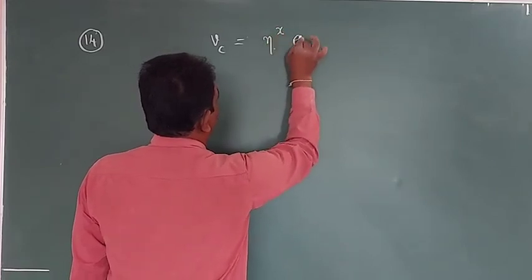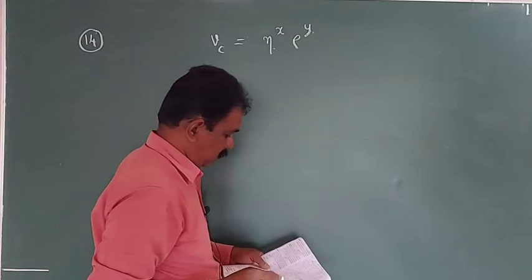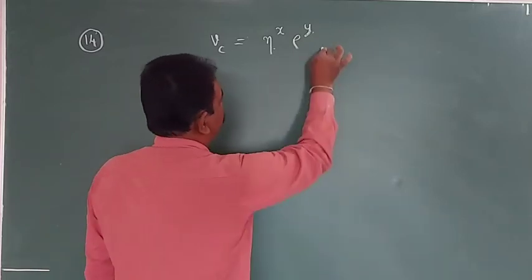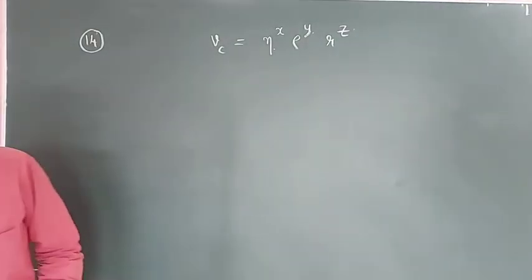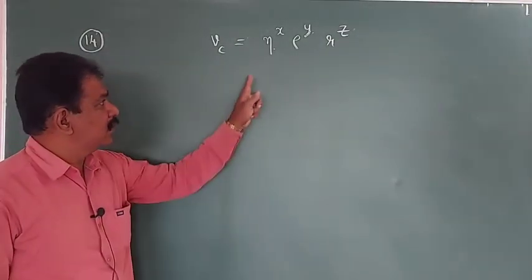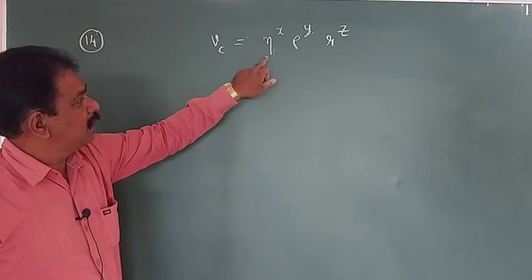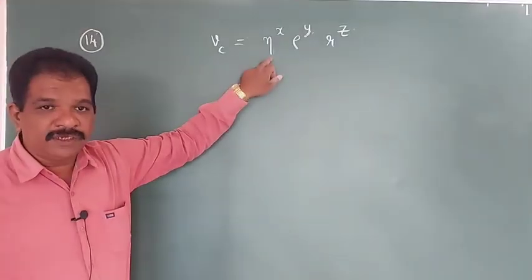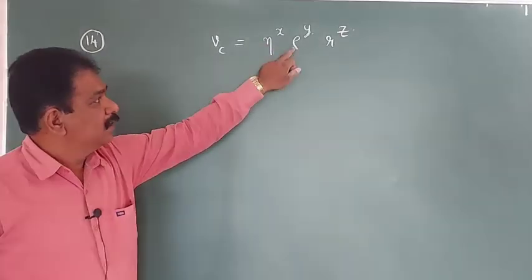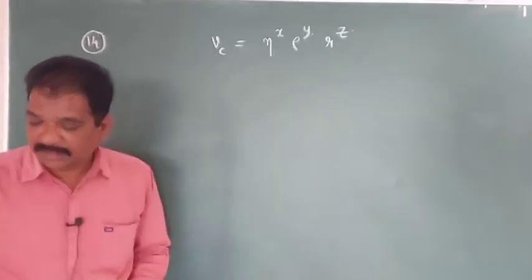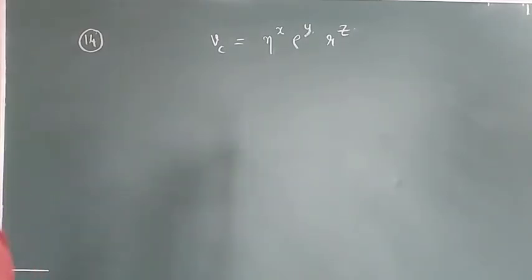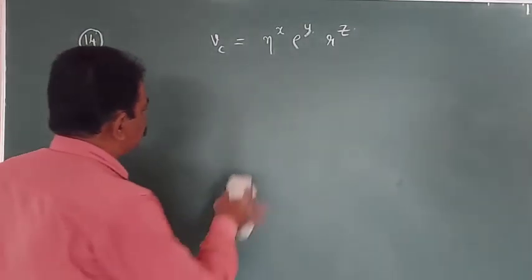rho power y and r power z. Critical velocity is equal to this one. This symbol is called eta, coefficient of viscosity. This is rho, density, r will be radius. Clear? Then how to solve this problem? See,